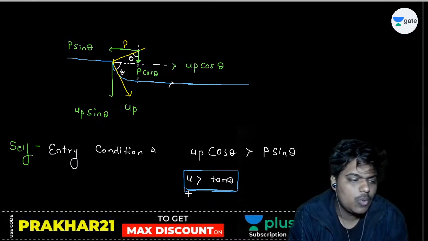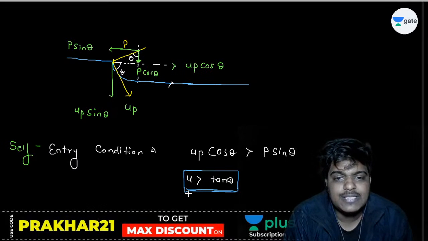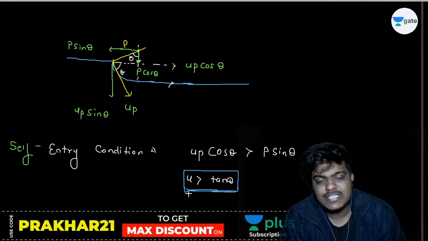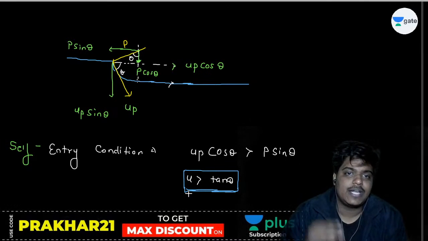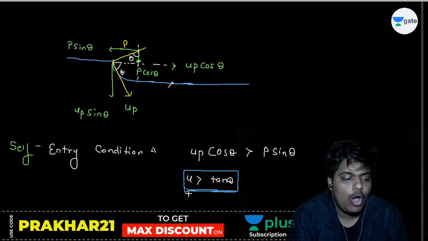लिख लो, जल्दी से नोट डाउन कर लो. This is the condition. This is the self-entry condition: the friction should be greater than tan theta. If the friction is greater than tan theta, automatically